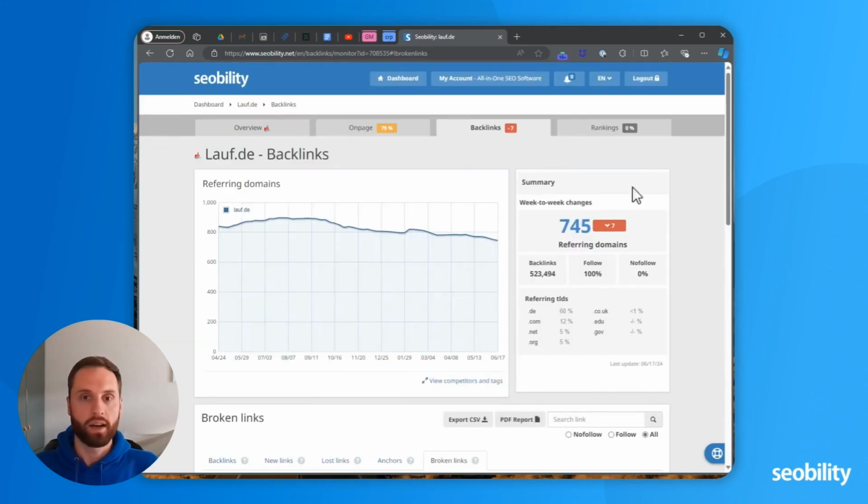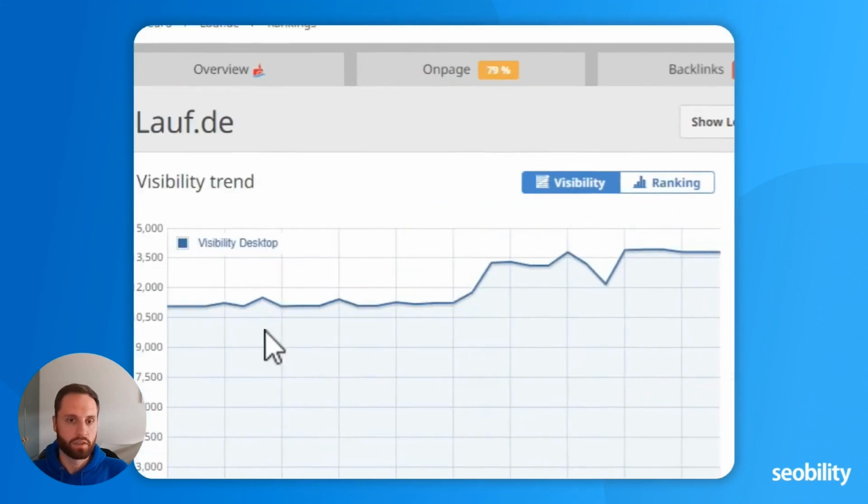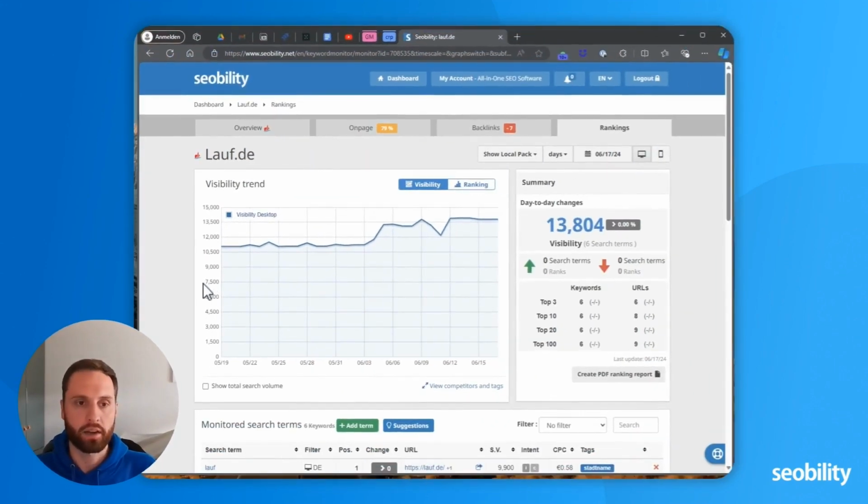All right, and then we are looking at our rank tracking in Seeability. What you see up here is our calculated value of visibility. It is calculated from the keywords you enter, the search volume of these keywords, and your position, so your rankings.